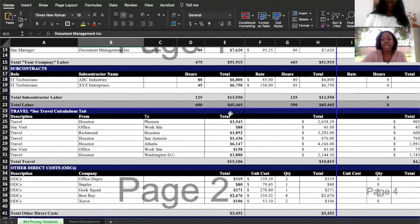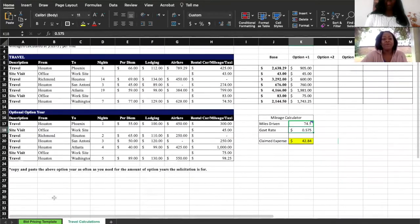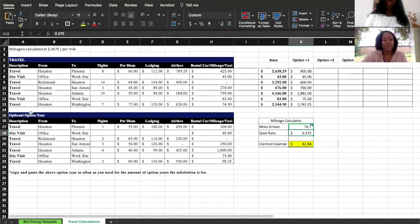So you have your travel from your company to the site, but you also have airfare potentially. I added another tab that will do all those calculations for you. So if you're flying, just say you or some personnel in your company have to fly, I've added in a place where you can include your stay. So if you're staying overnight somewhere for a week or two during this project,